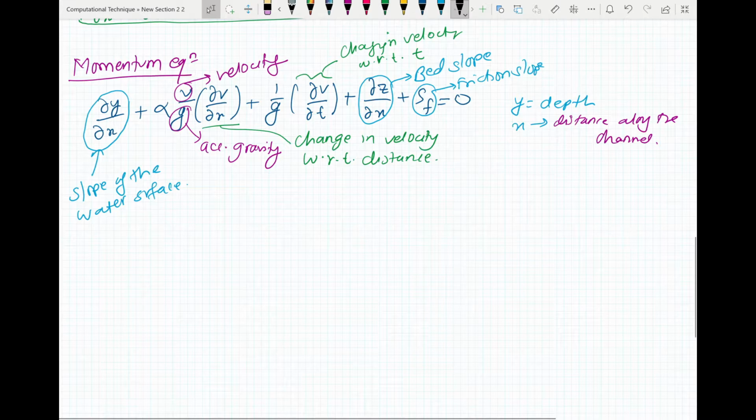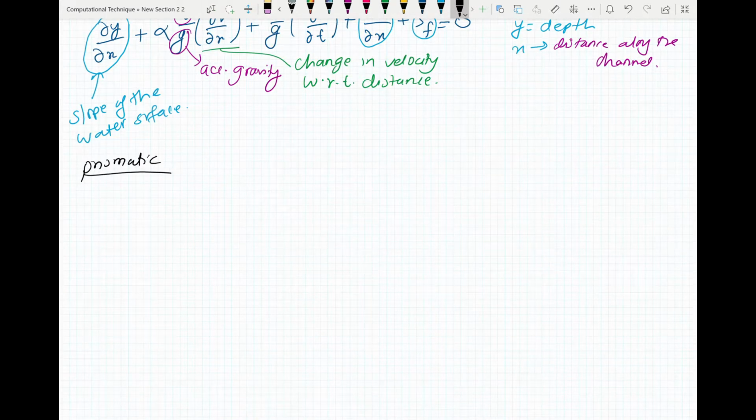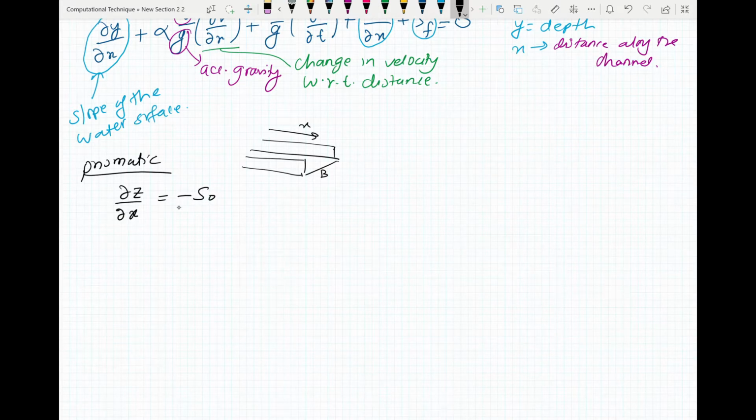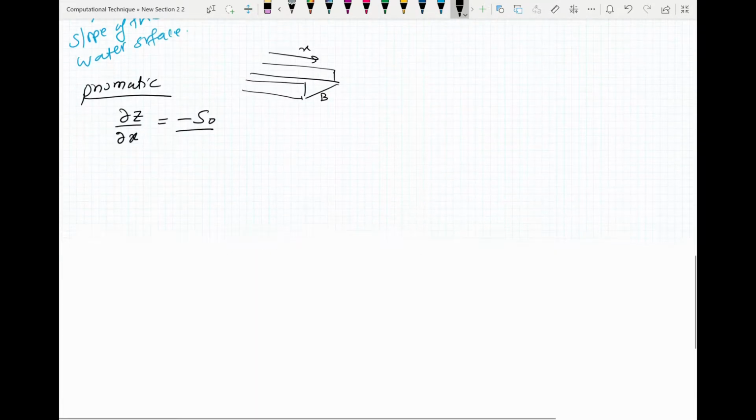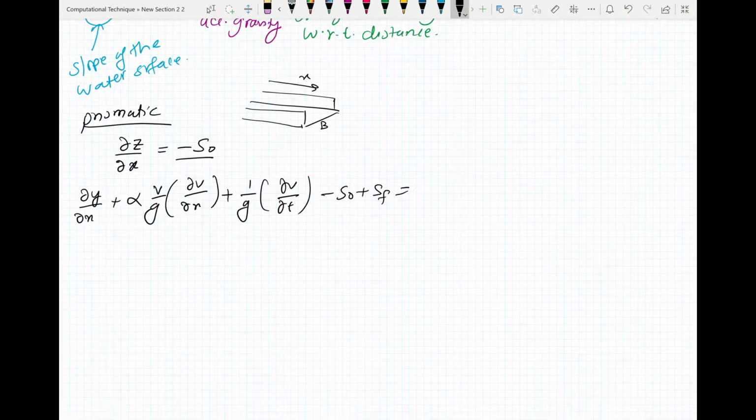In the prismatic channels, which means that they have constant dimension along the length, so this one will be b throughout the channel. In such cases, you will have dz by dx equals the bed slope, which is negative s naught. Therefore, the above equation can be written as, if we take alpha equals 1,